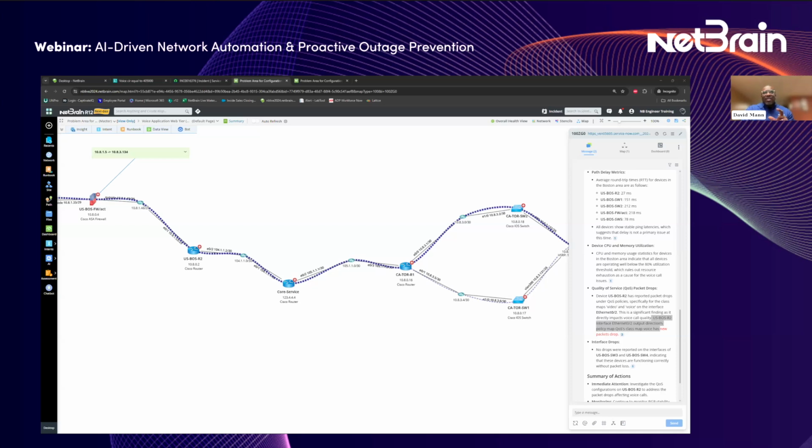And the other thing too is that it increases your first call resolutions. That ultimately increases how satisfied your users are, because you're empowering others to be able to determine real network issues or if there's not a network issue. And then, when they're on that first call, they're able to make that determination using natural language, the way that we talk as humans.